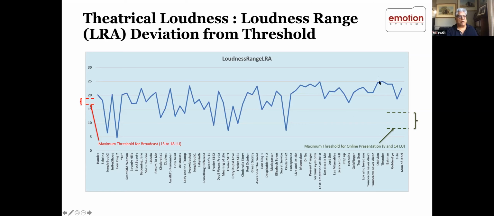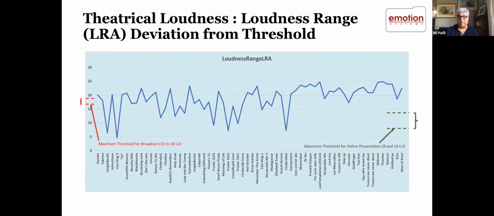There are movies that go all the way to 25, and there are movies that go all the way to 5. And so if you're looking for 15 or 16 and it's actually 6, there's no need to take it the other way. It really needs to be less than rather than exactly within that range. But it gives you an idea.